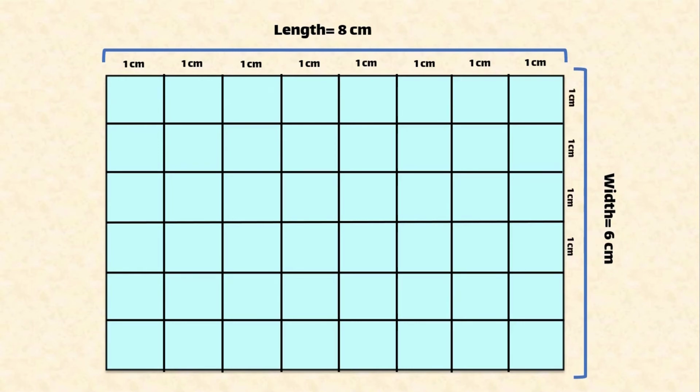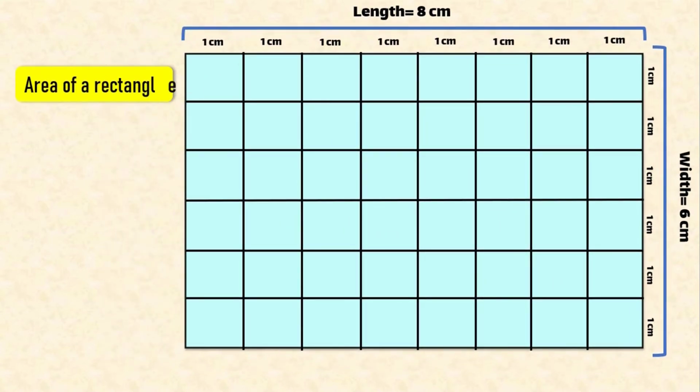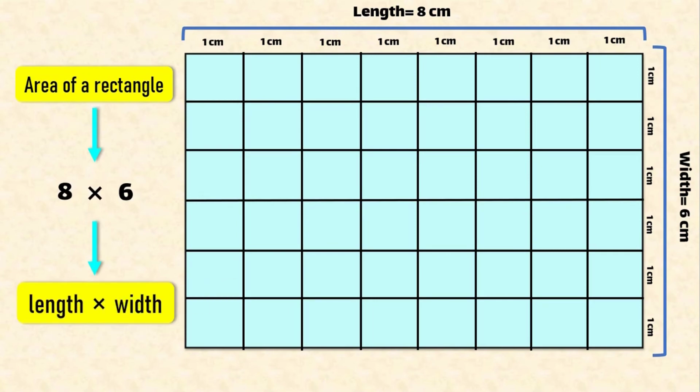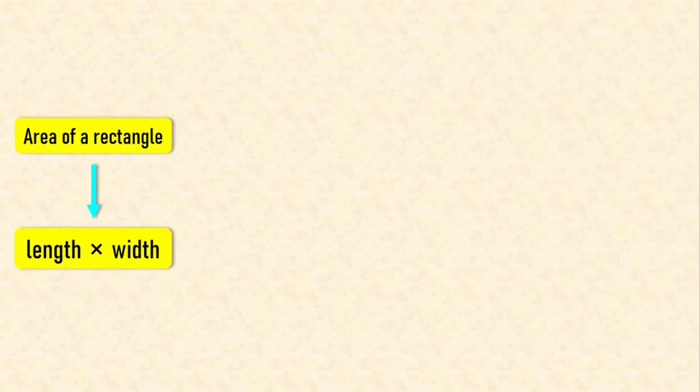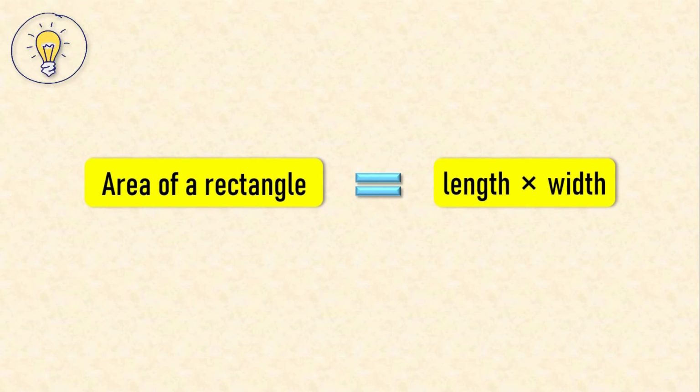As you remember, we had 6 rows and 8 columns. And the area of the rectangle was equal to the multiplication of 6 by 8. Also, here we see 6 is the width and 8 is the length. So, we find out the area of the rectangle is equal to width times length. Yes, this is the formula of the area of the rectangle. We can use it for all rectangles and don't need to convert rectangles to little squares and count them up.